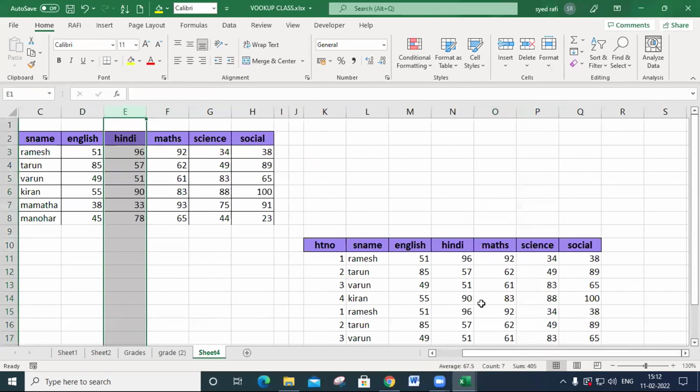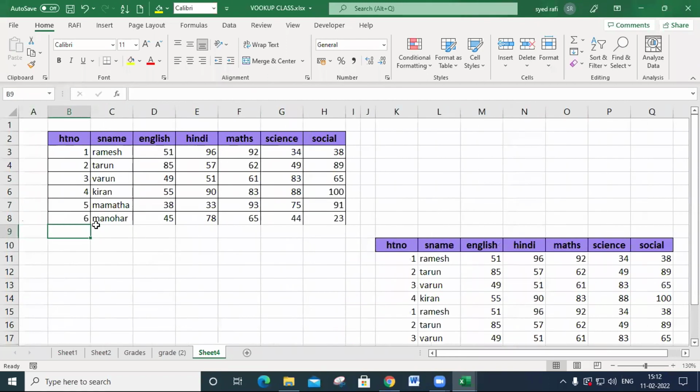Okay, again it will be displayed like this. And one more problem is there. It can search only from left to right direction. I gave the hall ticket number. This is the hall ticket number. From left to right direction only it will be displayed.